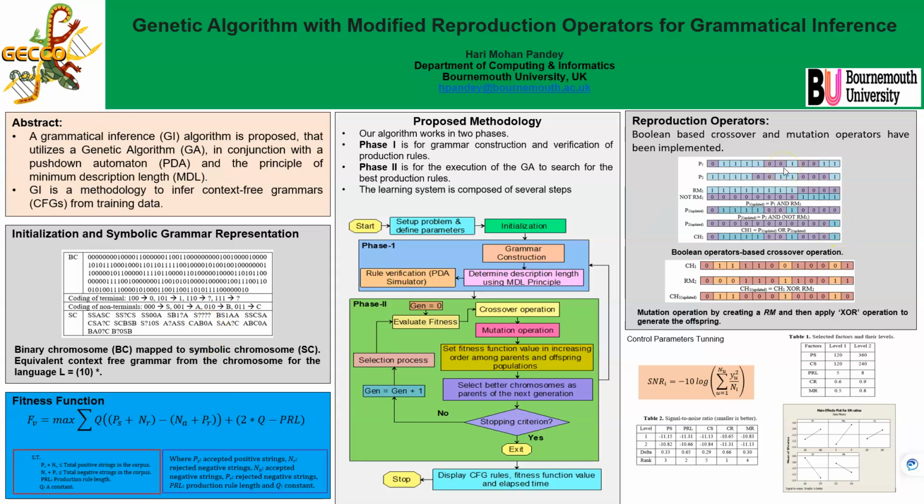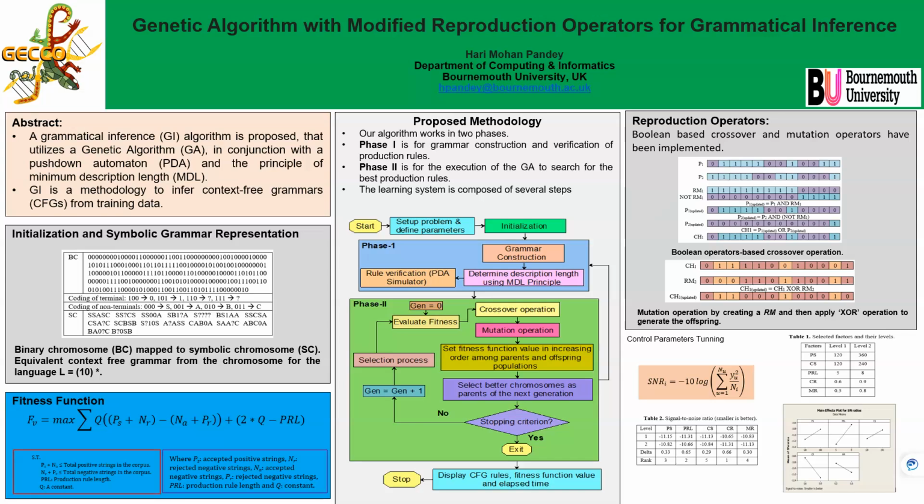For the reproduction operation, we used Boolean based crossover and mutation operations. You can see here the initial parent populations are P1 and P2. A random mask has been generated, and then we applied some Boolean based operators to produce a subchild, and then we applied an inverted mutation operation, where we applied XOR operators for creating the new child